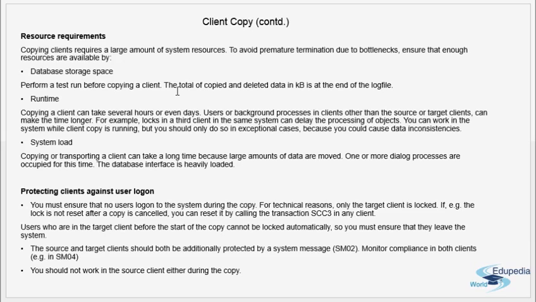Now, say I'm creating a new client in my system. I have the source, I have the target. Source is okay, and there is no problem. Users can use the source at any time during the client copy. In the target client, when the data is getting copied and other users use that system, there may be a chance